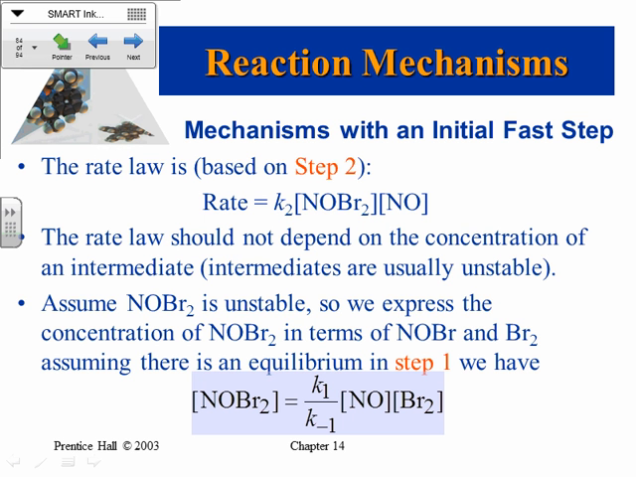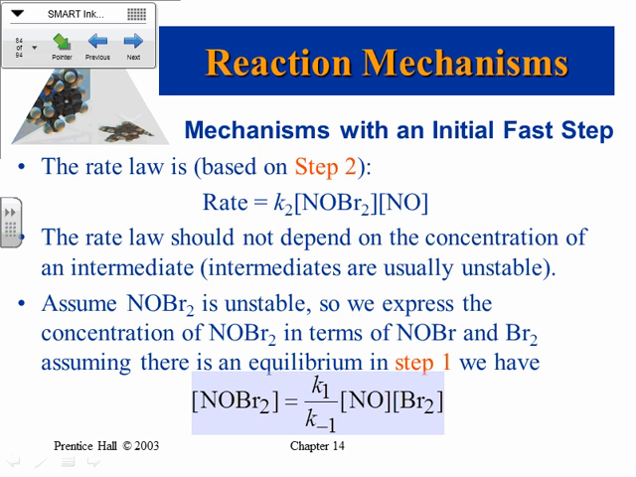Okay, so this is just basically what I was just talking about. If you took the rate based on the second step, NOBr2 times NO, but that's not a good idea. Intermediates are unstable. We don't even know for sure that that mechanism works, so we don't want to put an intermediate in the rate law. Okay. So assuming that this NOBr2 is unstable,